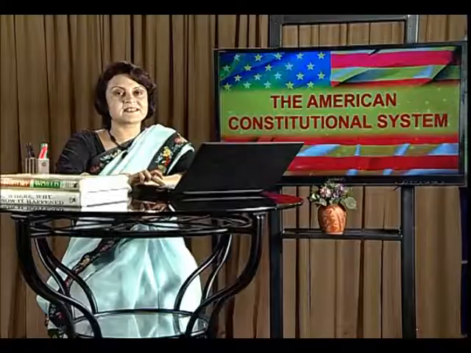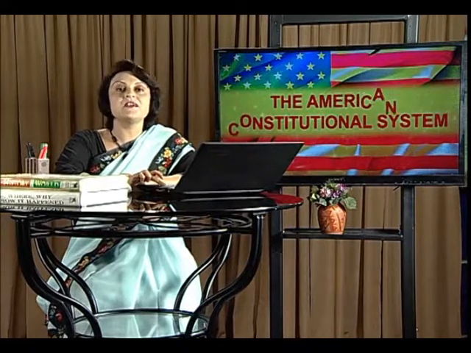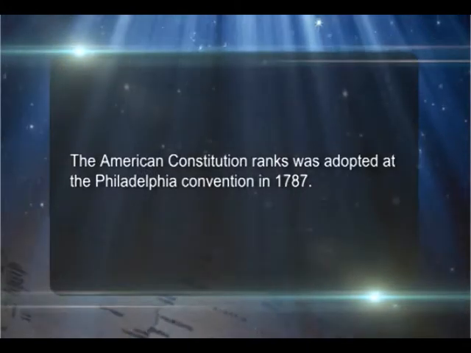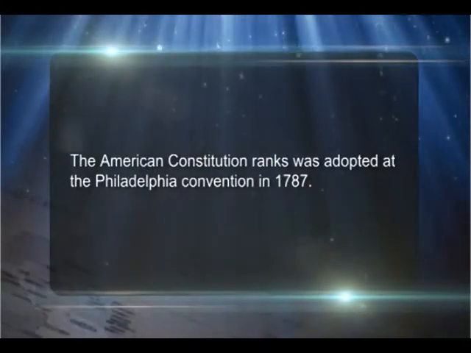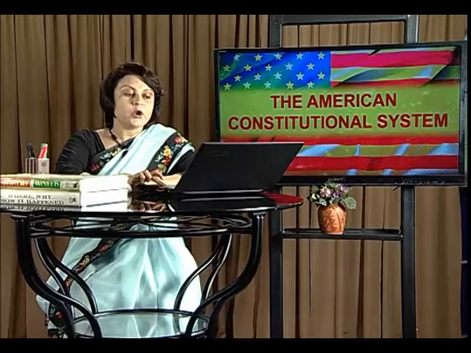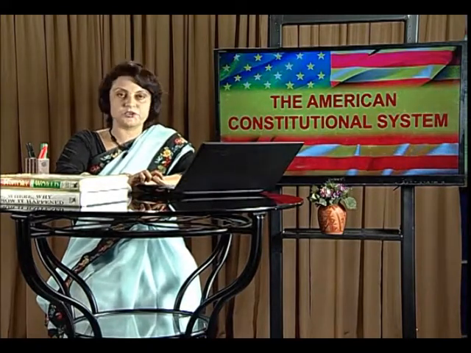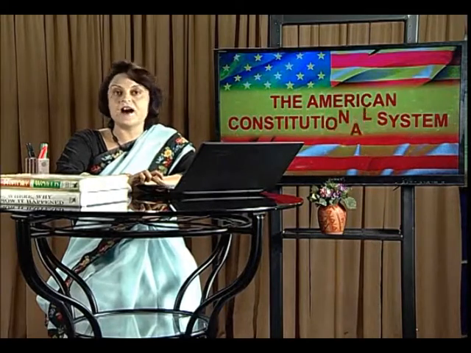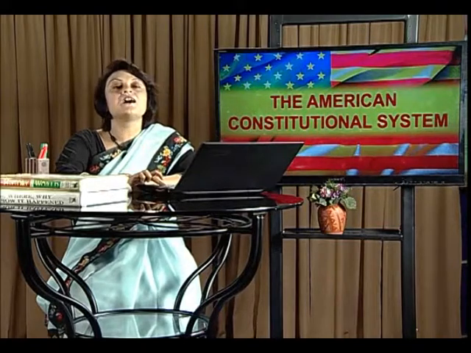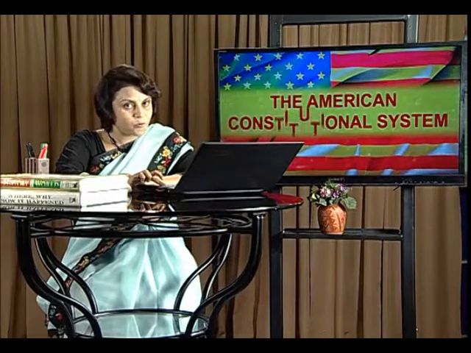In this context, it needs to be mentioned that the US Constitution has proved to be a remarkably stable document. The Constitution was adopted at the Philadelphia Convention in 1787. It is unique in many respects. Not only is it one of the briefest constitutions, a written constitution which consists of 7 articles and 26 amendments, but it also presents a classic example of a federal model and a presidential form of government.